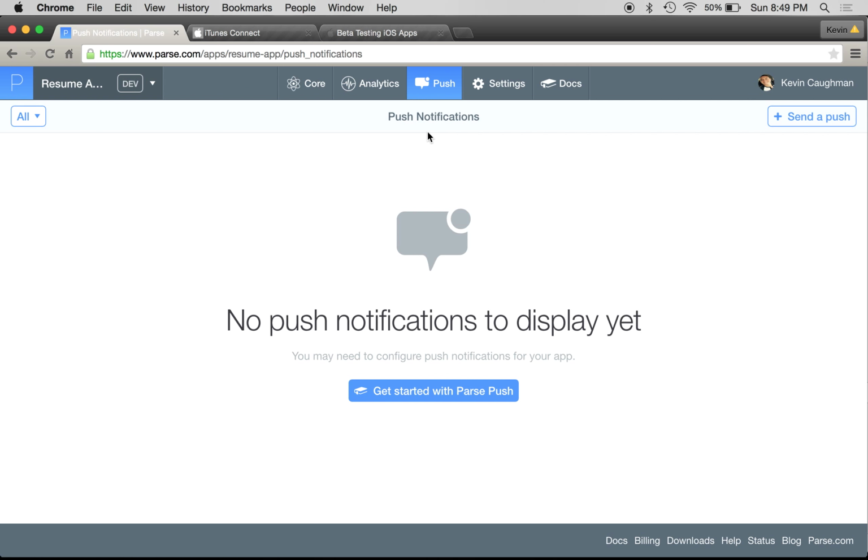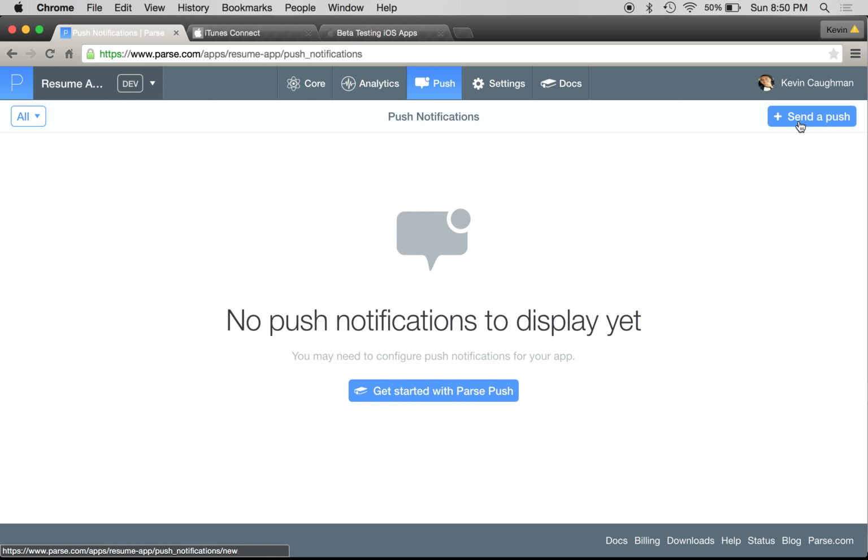If a user, say you have a sports app and they click that they like the Cleveland Cavaliers. I work in Cleveland and I love the Cavaliers, so I'm going to use that as the example. But if I click I like Cleveland Cavaliers and there's a notification that they're in the championship game, it's going to send out a notification, hey, tune in, or hey, there's a new article. You guys can send out